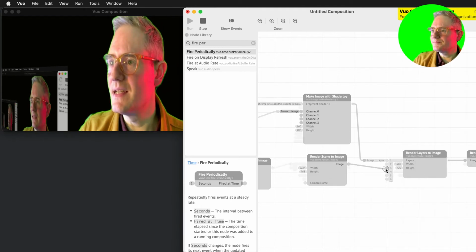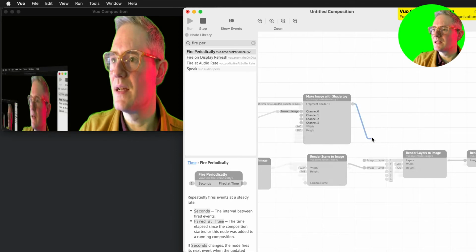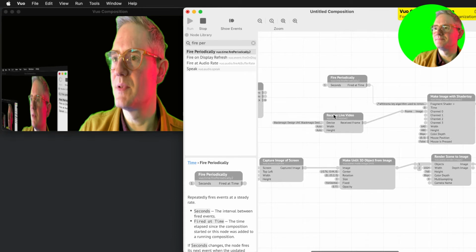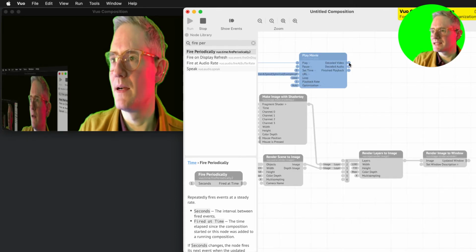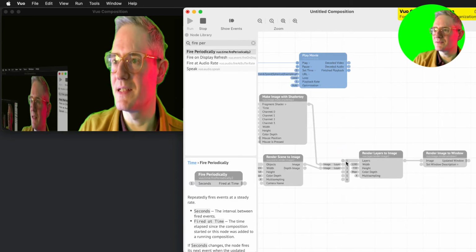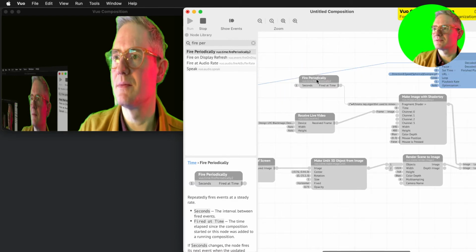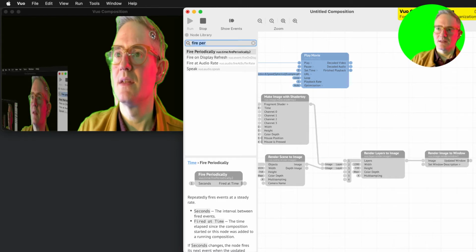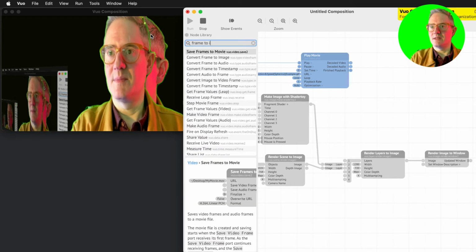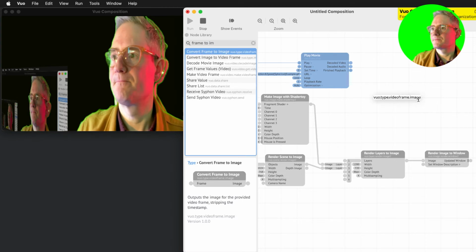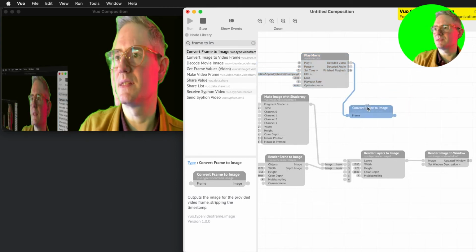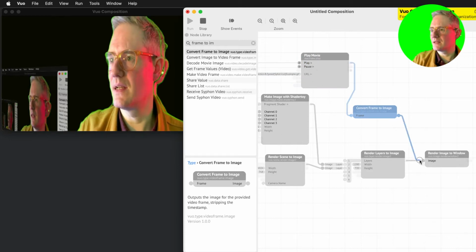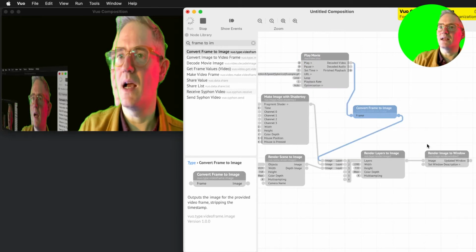So let's just put that there and put this here, and let's bring in our nice animated GIF and put that behind me so that I can prove that. Oh, sorry, we need the frame. Frame to image. So sometimes it will make you do this, sometimes it won't. You see, sometimes it will. Let's just put that in there, and now we should get